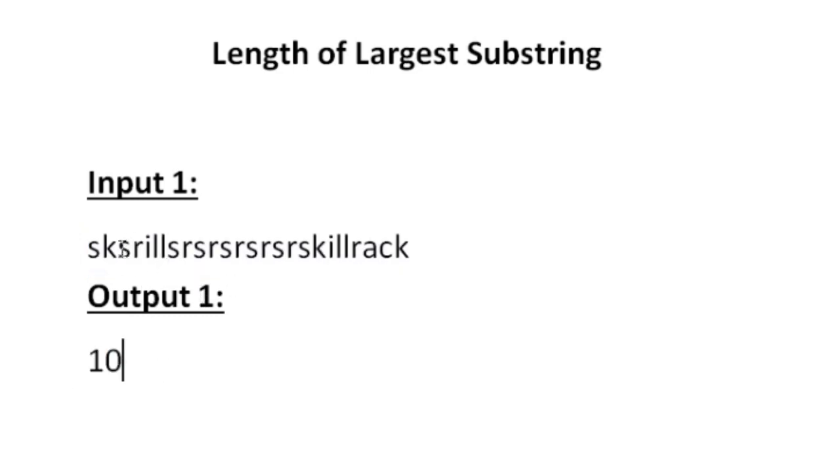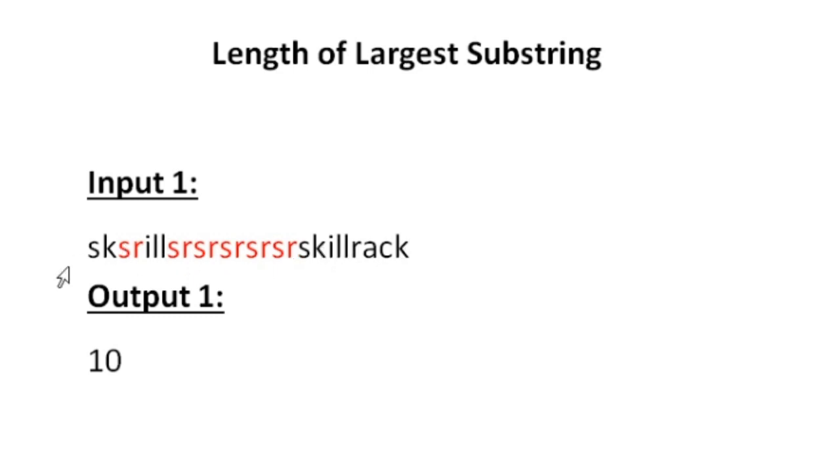So first we are able to form a substring which contains SR. So this is our first substring, and then again here we are able to form a substring SR, and again it is followed by SR, so it can also be included, and again SR. So until this we are able to form a substring which contains only SR in it. So this is our second substring, and we are not able to form a substring other than these.